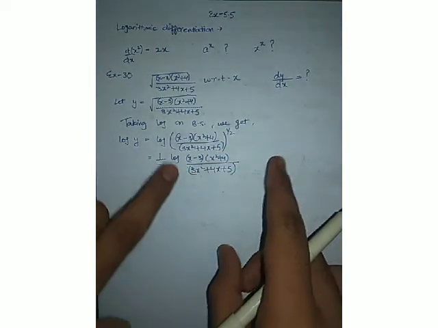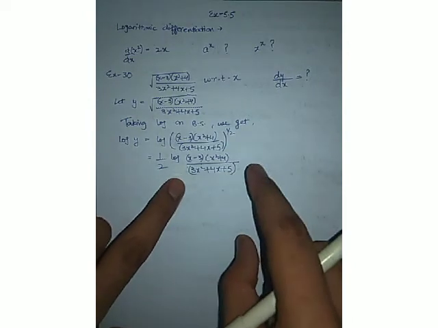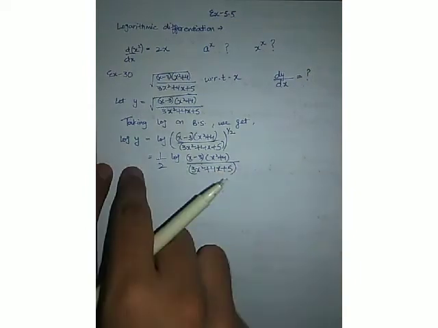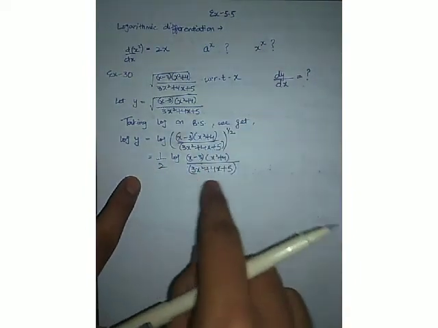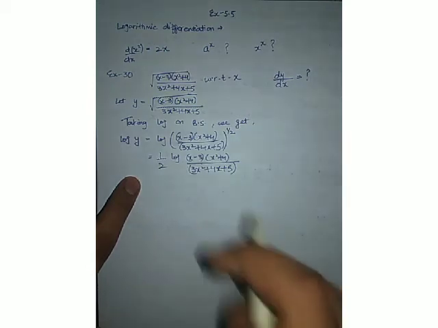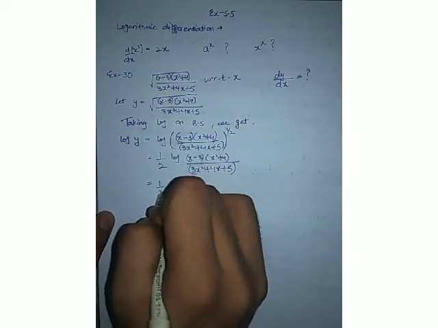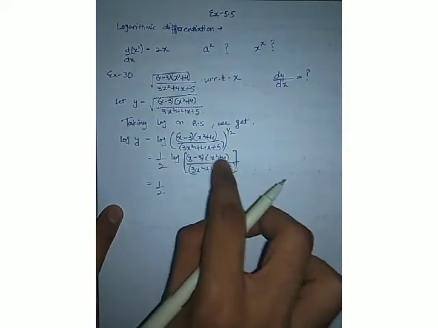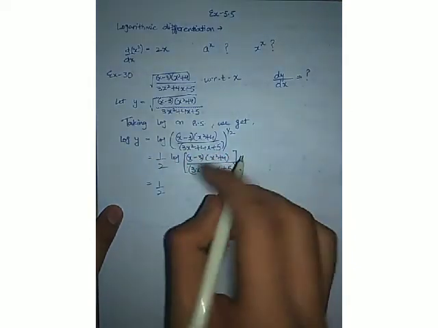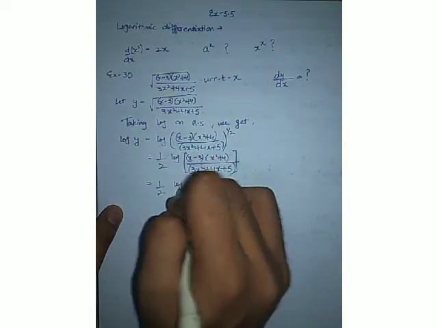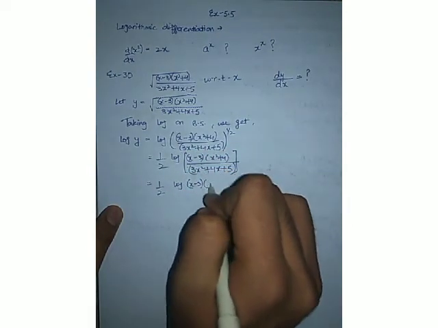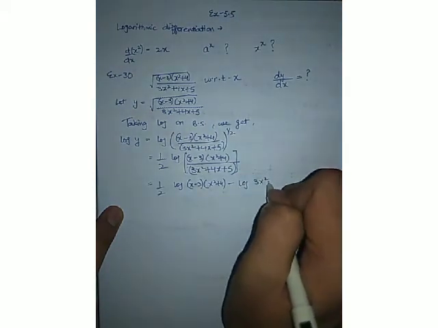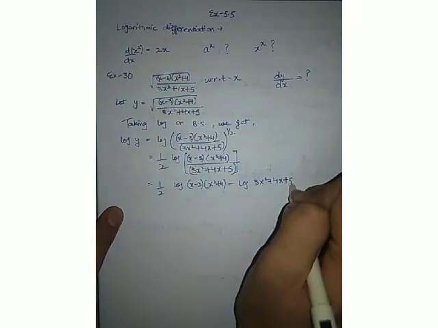So just keep one thing in mind, you have to simplify the equation as much as you can before applying the differentiation on both sides. We haven't differentiated any single thing. We have been only simplifying this equation so far. So 1 upon 2, now this is log, this is m and this will be n. We have also studied the identity log of m upon n is log of m minus log of n. We have studied it in the previous video, so if you haven't watched that, kindly watch that before proceeding.